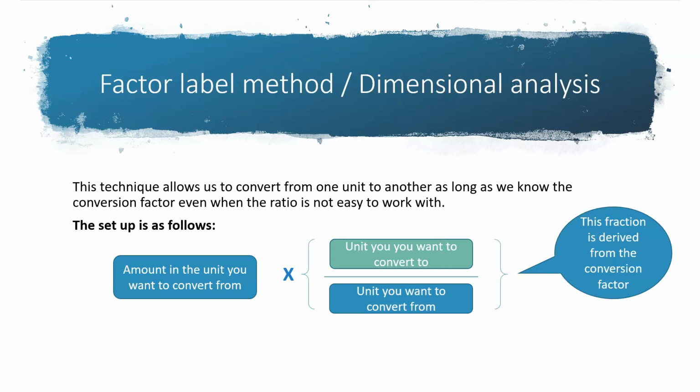They're taught this way in American schools. But what this technique does is it allows us to convert from one unit to another as long as we know the conversion factor. And remember we said 100 kPa is equal to 750 millimeters of mercury,